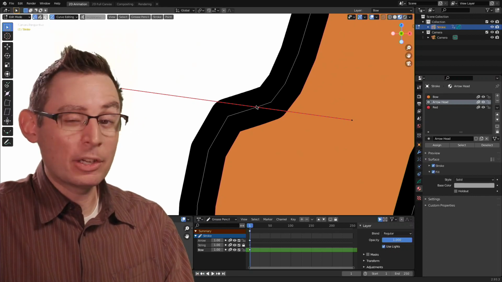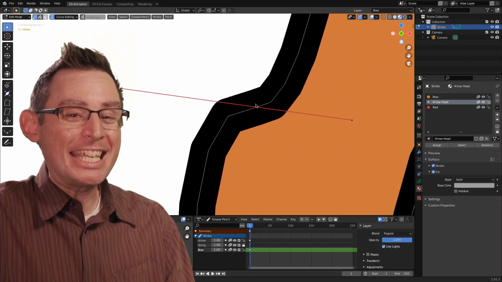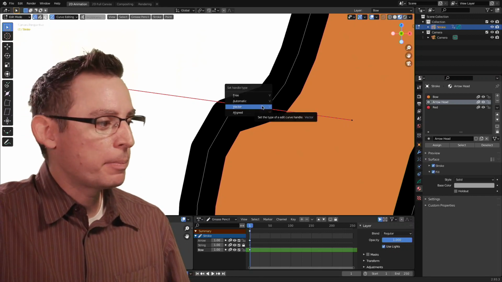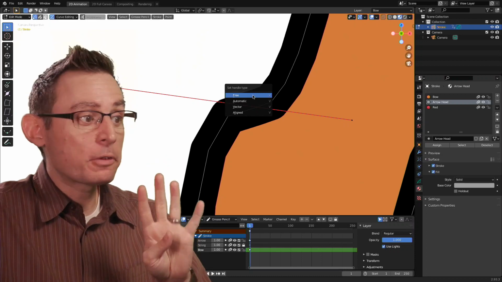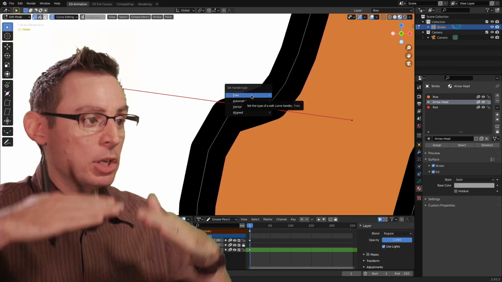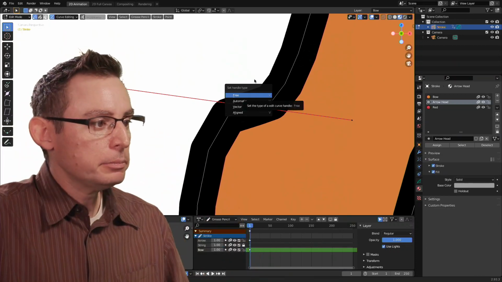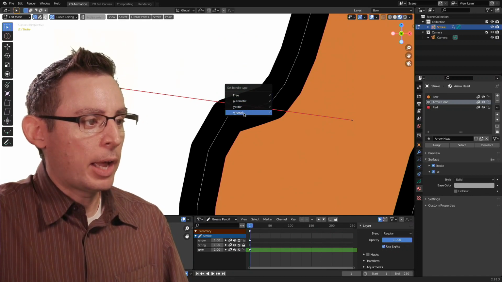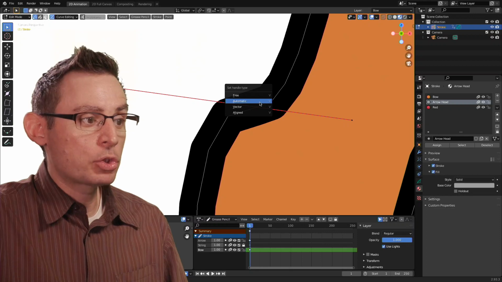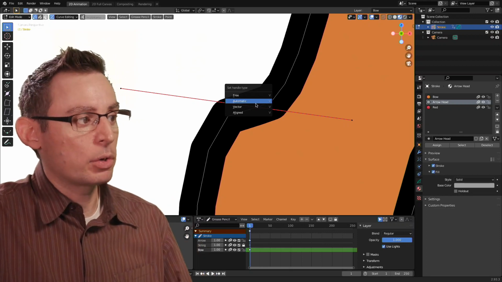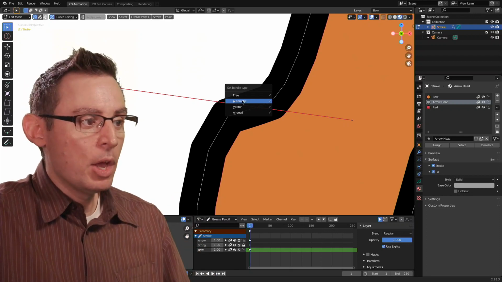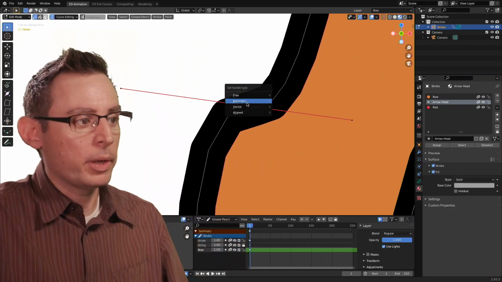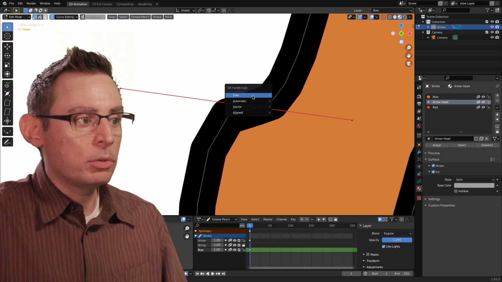And then, here's the shortcut, we hit the V key, V as in Victor, and that's going to bring open a little pop-up. This pop-up is going to give you 4 different choices on how to change your handle type. There's free, automatic, vector, and aligned. Whenever we create a new stroke and we initially edit that stroke with the curve editing system, we're going to get the automatic handle type applied to all of our curve points. Well, watch what happens when we go to free.